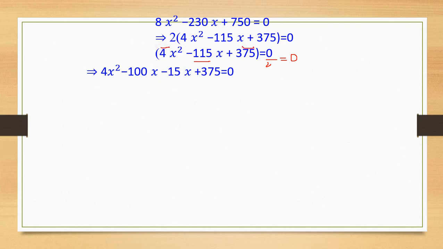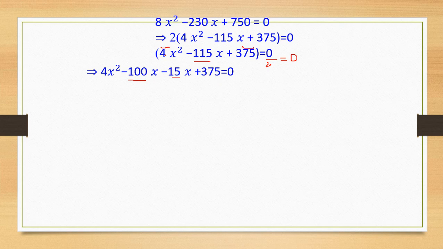That means the product of 4 and the constant term 375. So here we get the two terms are minus 100 and minus 15. As both are negative, they add up and give minus 115. Similarly, when they multiply, we get 375